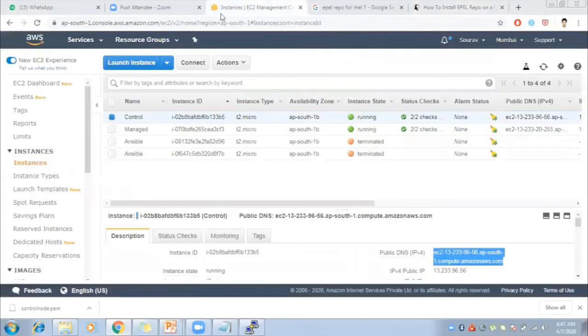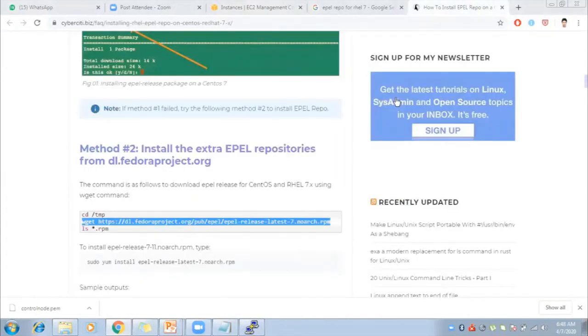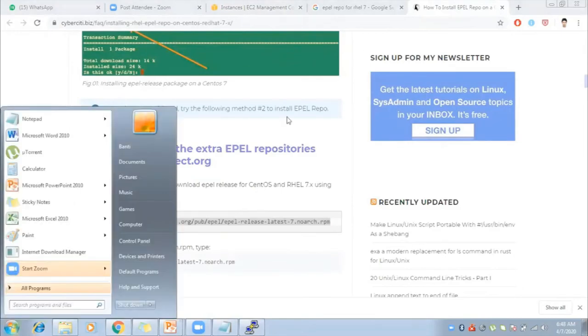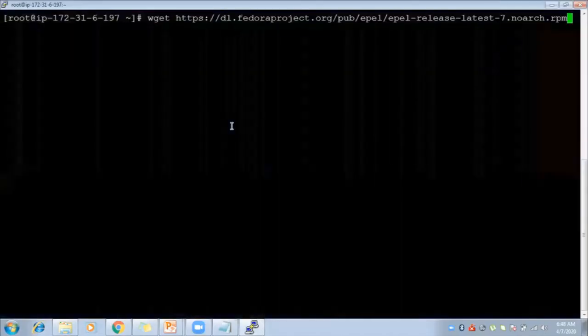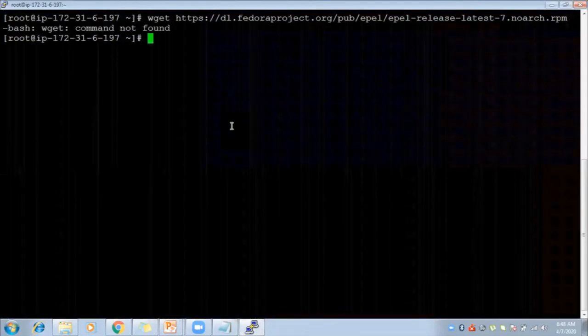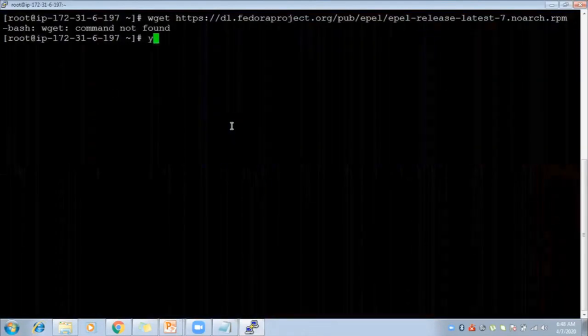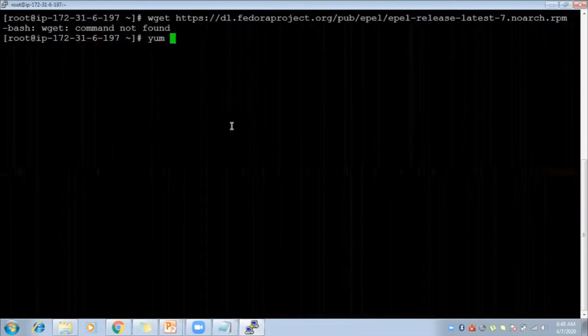This one is from Fedora. The repository is coming from Fedora because it is completely free. You need to install wget, because if you are not installing wget, it will not work.